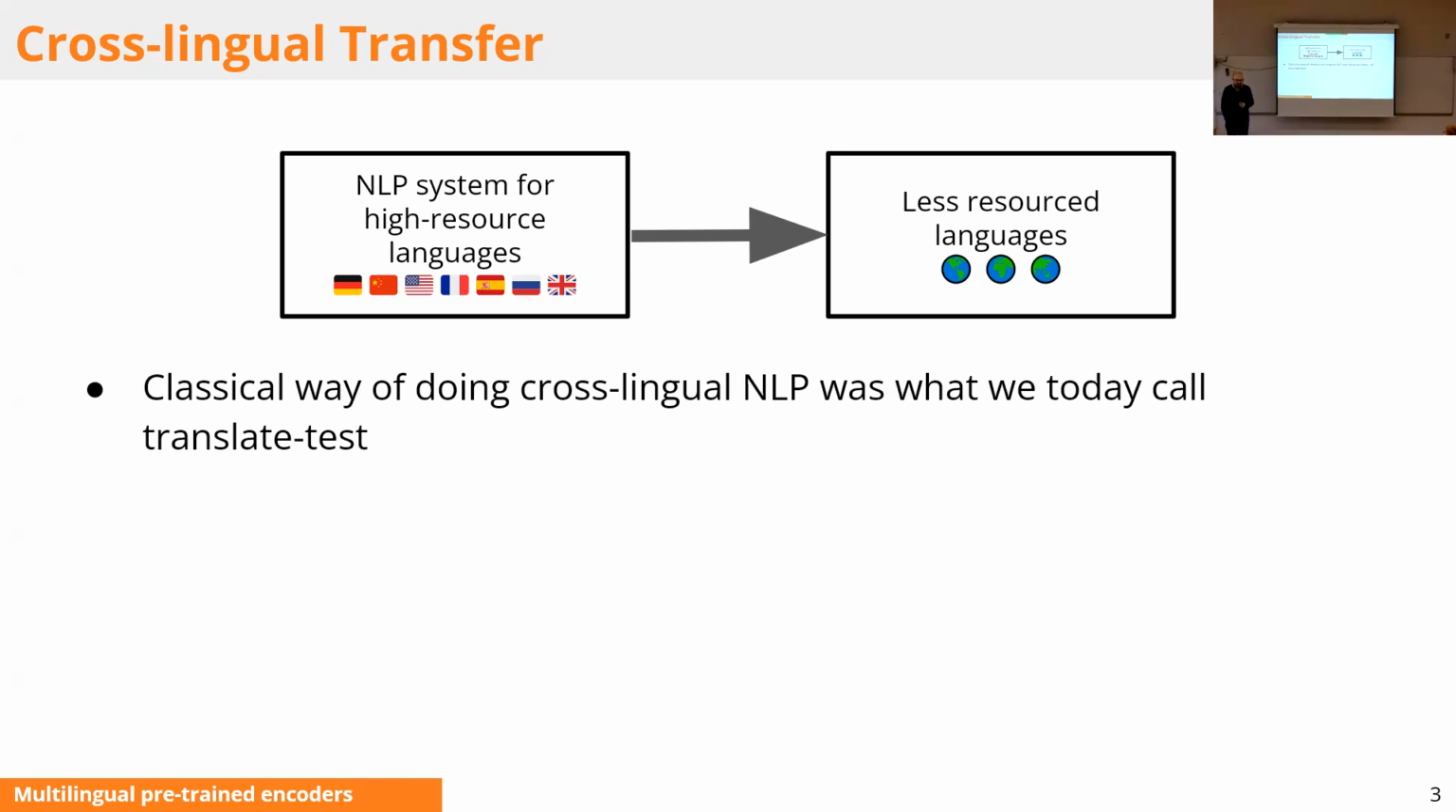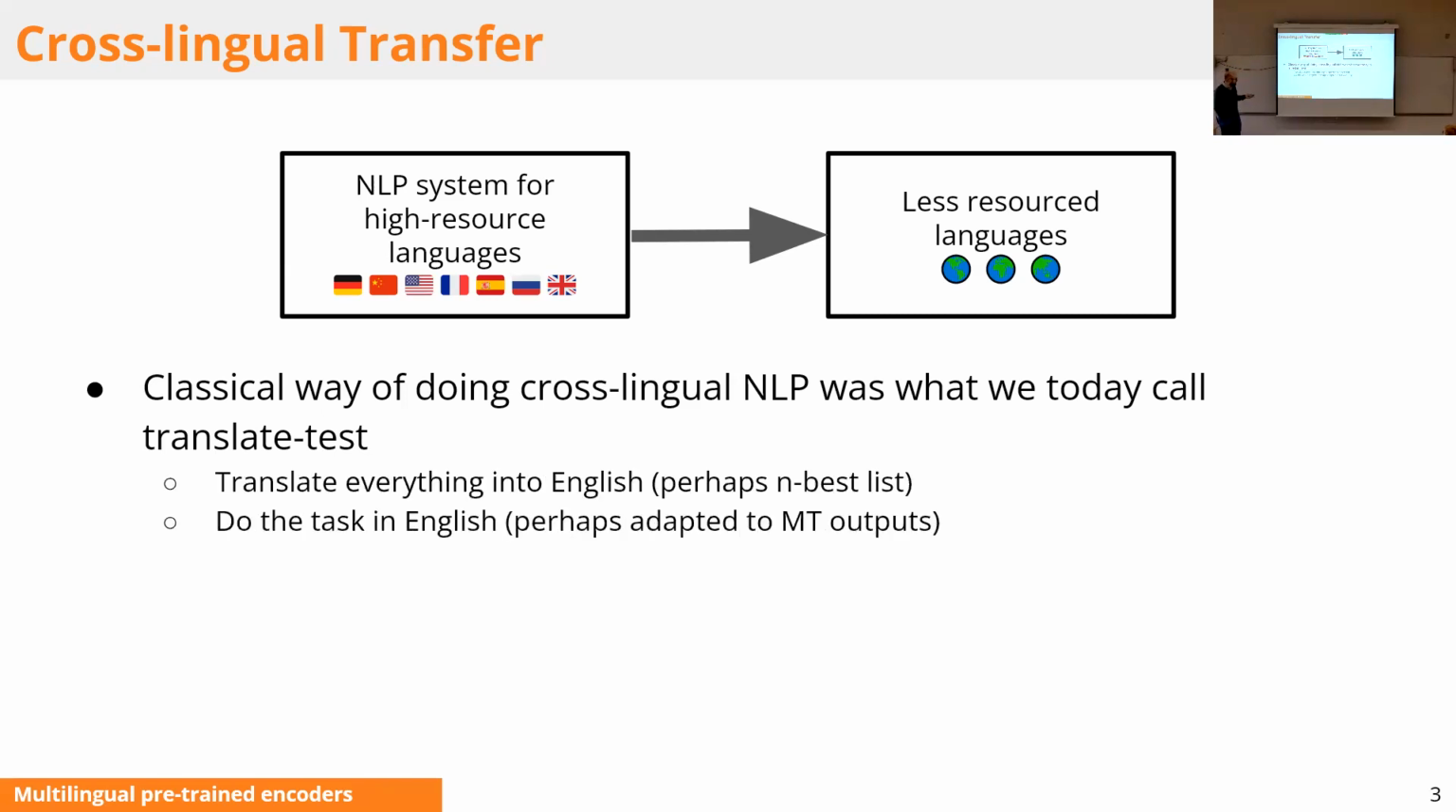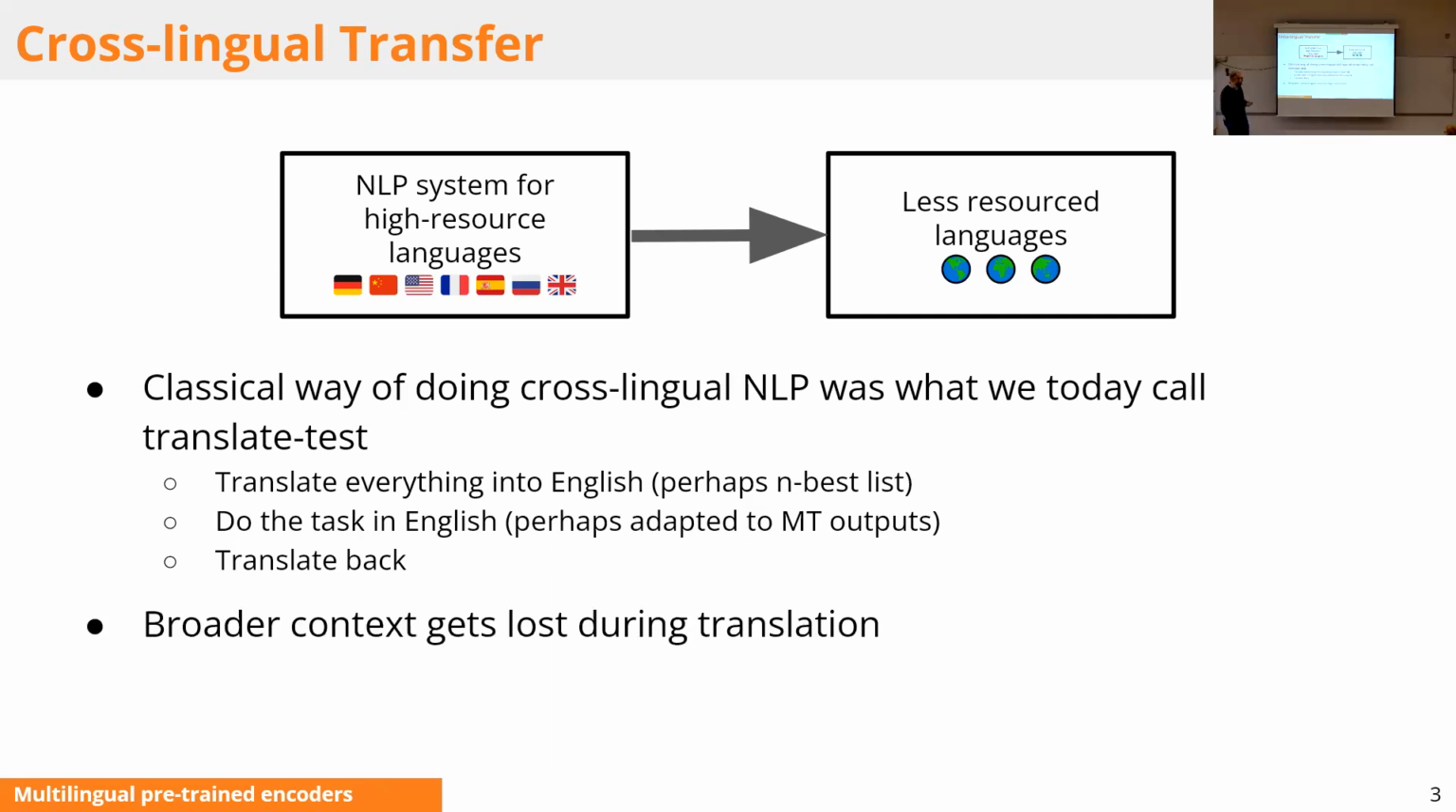And a classical way we did that before these encoders existed, and actually the deep learning revolution in 2016 didn't change much about this, was that we could use machine translation to translate a less resource language into English or a related high resource language, do the task in English, and perhaps use a model that's adapted to mistakes that machine translation models do, and then depending on what the task is, typically translate back to the